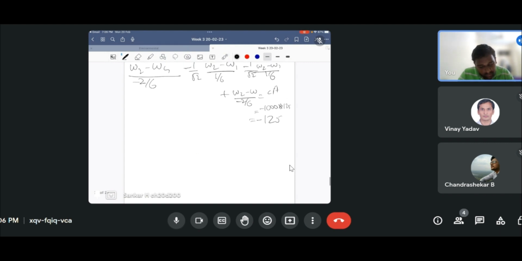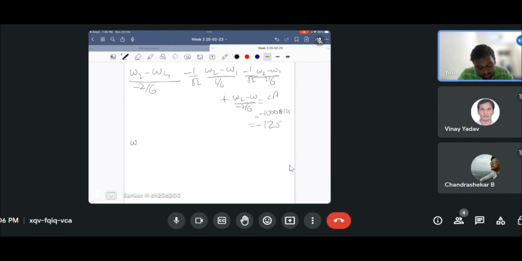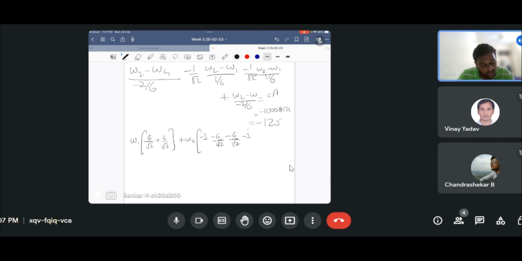Rewriting this, we can rewrite this as W1 times 6 by square root 2 plus 6 by square root 2, plus W2 times minus 3 minus 6 by square root 2, minus 6 by square root 2 minus 3,